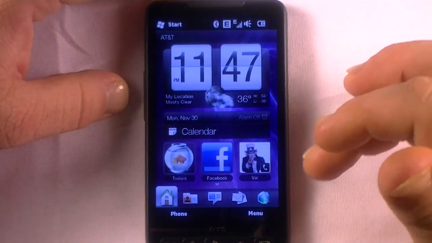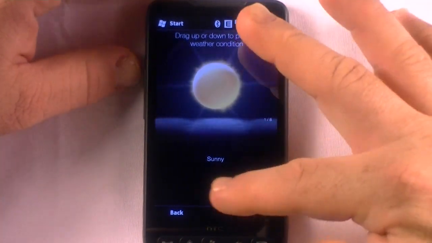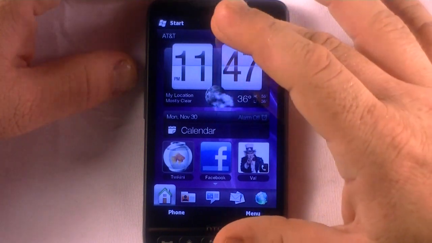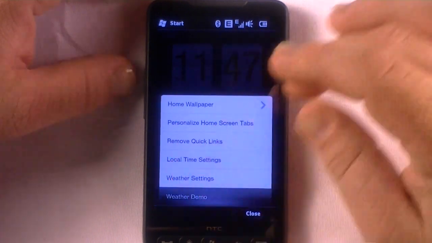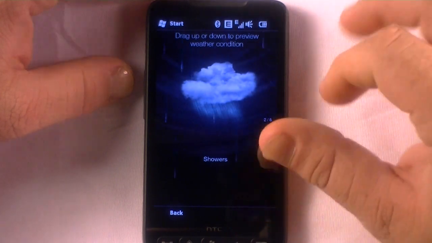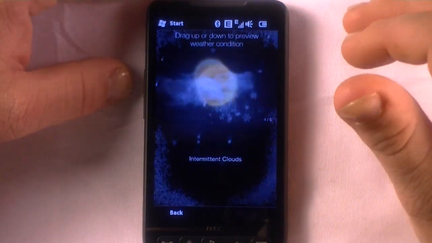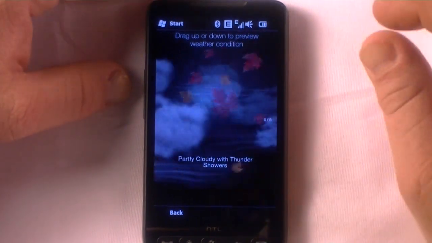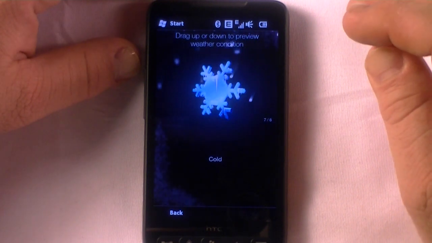So here on their menu, we've got a weather demo. And this is, if you go back here, if you see what's happening with the animation right there, you'll see what is going to happen on the screen depending upon the weather where you're at. So on this weather demo, here's a sunny demo, and then you got showers, and it does a little windshield wiper there. You've seen this on video, I'm sure already. Then you got your snow, then you got just part intermittent clouds, windy, partly cloudy with thunder showers, cold,